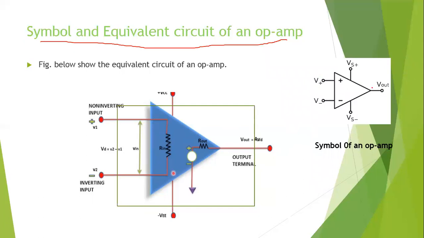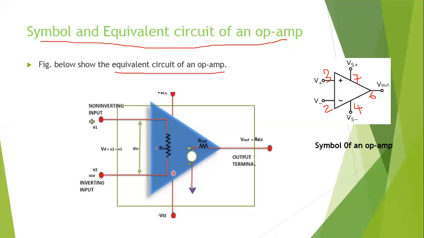If you connect this with the pin configuration, this is 3rd pin and this is 2nd pin, this is 4, this is 7 and this is 6th pin. So this is the symbol of op amp. Whenever we are using this in practical purpose, internally the structure of op amp will be like this. So we call this the equivalent circuit of an op amp.